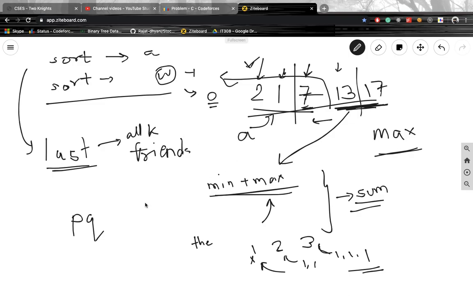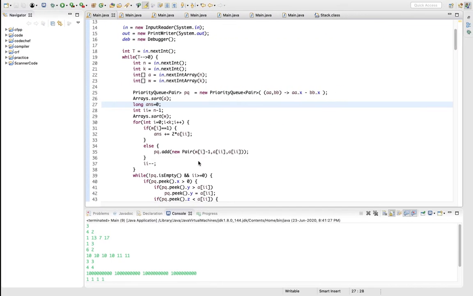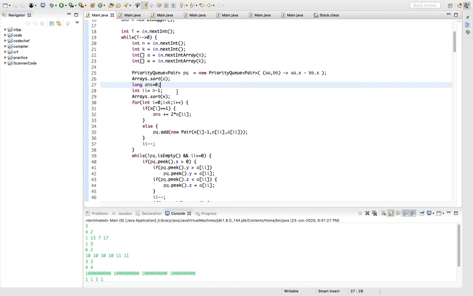Now let's get into the code. Okay, so I have taken the input here and made a priority queue with pairs. What this pair is: it is the weight, how many chocolates the kth friend needs, wi, the maximum value for that, and the minimum value for that.